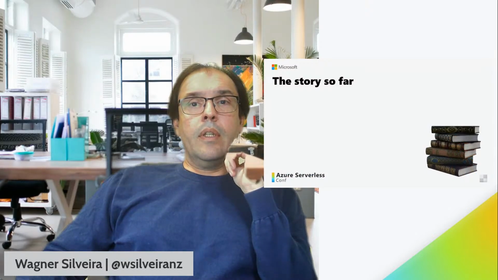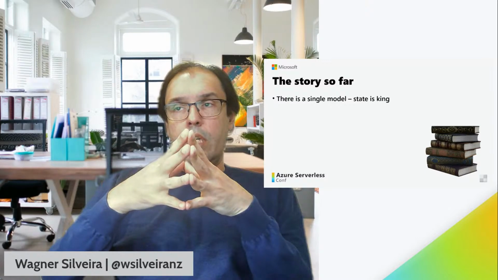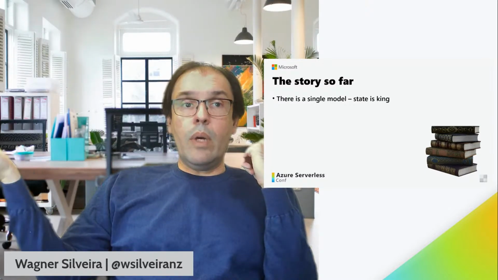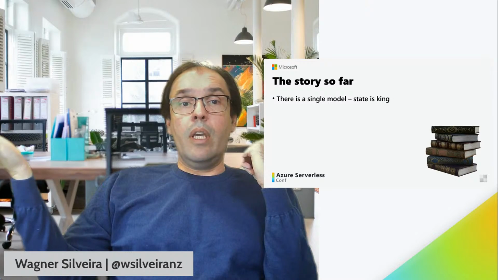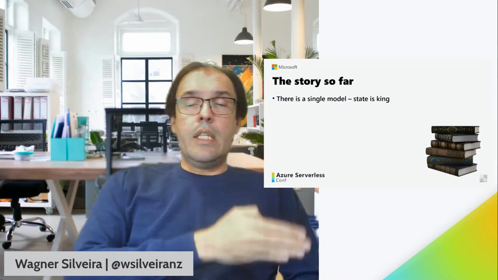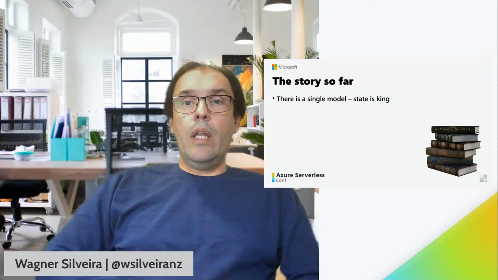Let's talk about state versus speed. So what is the story so far? The first thing is there was only a single model for Logic Apps. When you're looking at Logic Apps Consumption, for example, there is only one model, and the model is state is king, right? You always have a state on each one of the